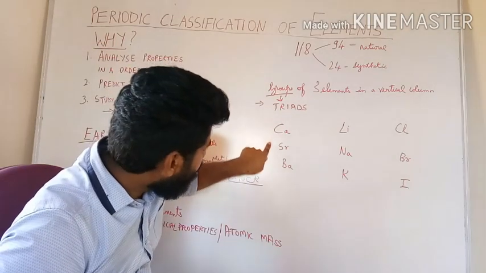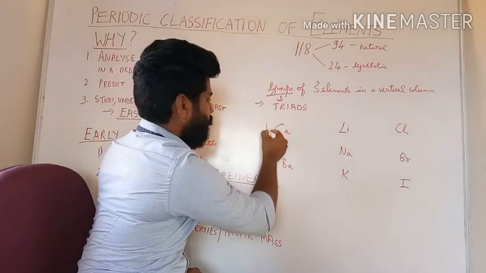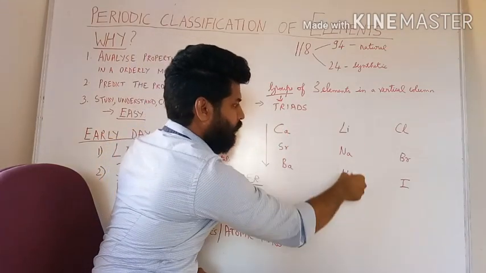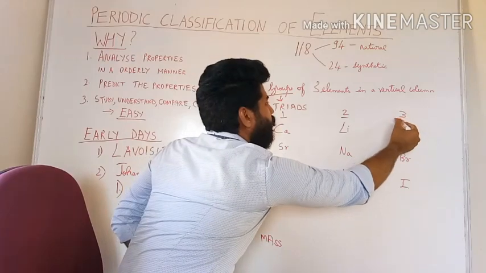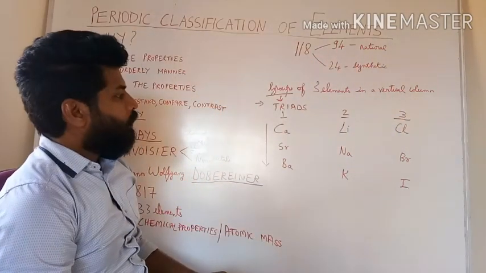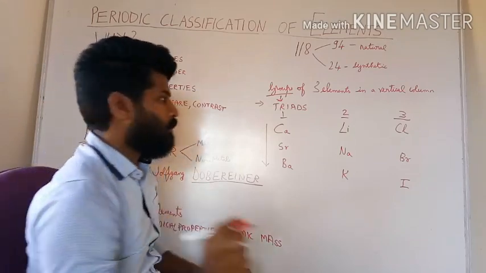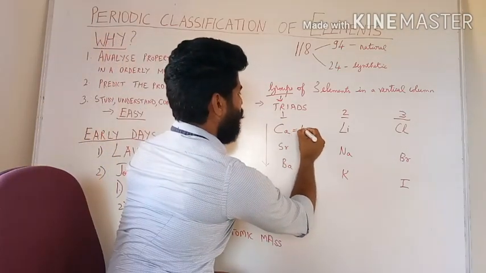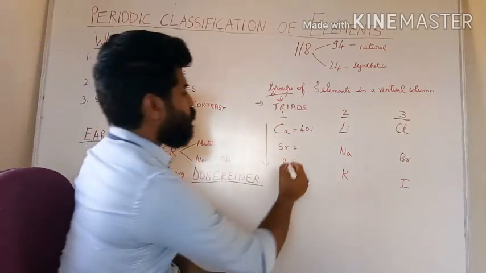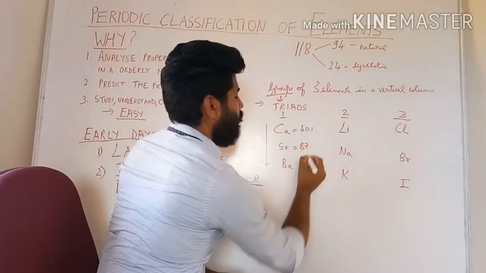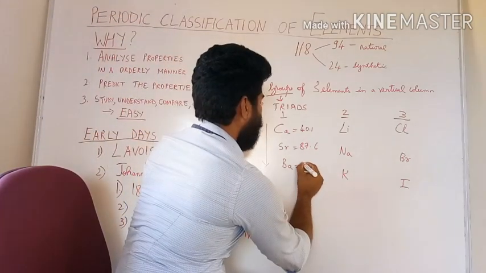So this is one triad, vertical column, one triad. This is another triad. So triad number 1, triad number 2, triad number 3 in the increasing order of atomic mass. For example, calcium atomic mass is 40.1, strontium is 87.6 and barium is